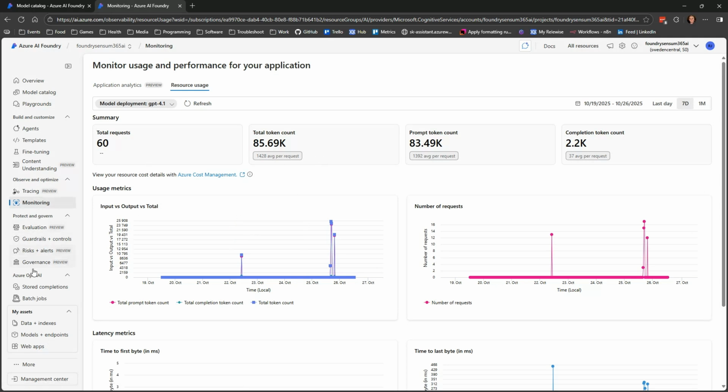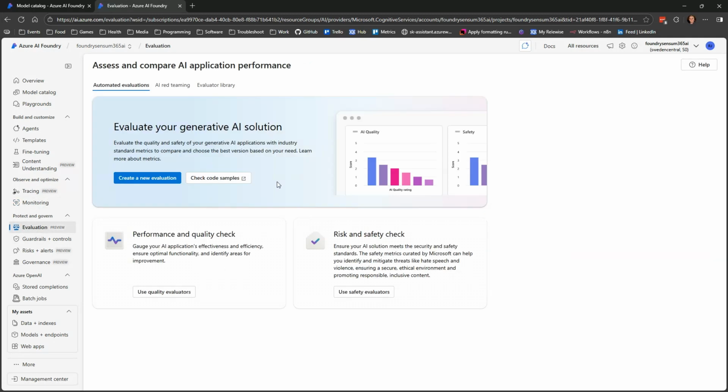Then there's a bunch of enterprise stuff, evaluation of... it's not really anything that is out of the box, but a lot of examples that you can go in and say, how good is the AI? Did it talk about harmful stuff? Did it talk about sexual stuff, and so on and so forth? So there's a bunch of evaluation things.